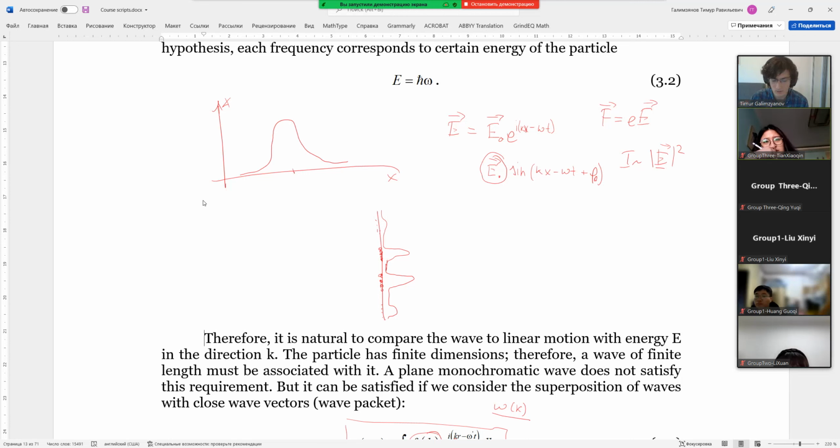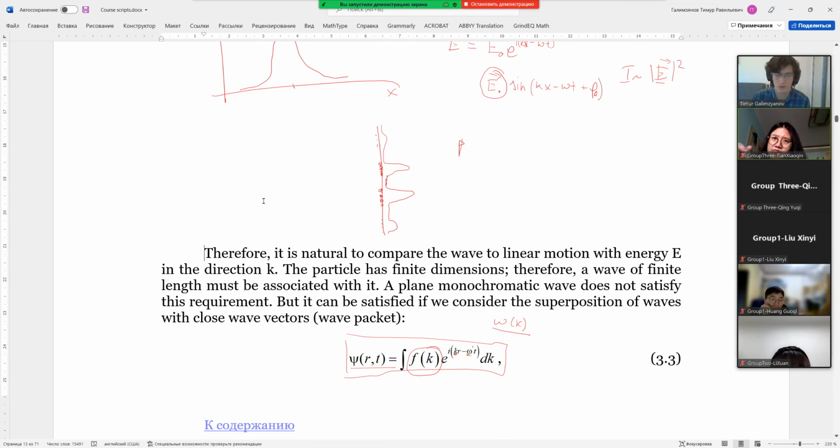And in terms of a single particle, we can say that the intensity is the probability of the photon to drop to a particular point of the film or matrix of our camera. In the same way, we can say that this function psi describes the amplitude of the particle,